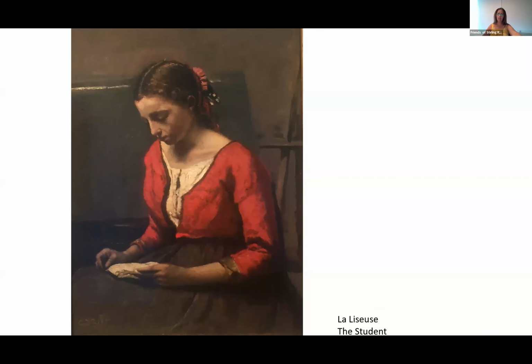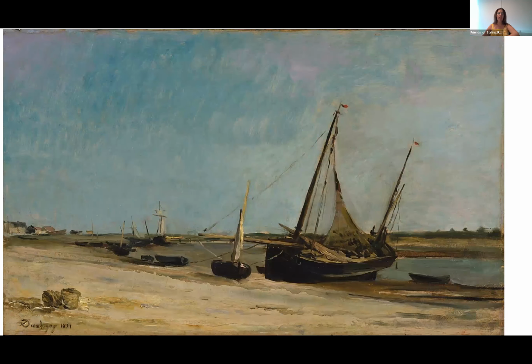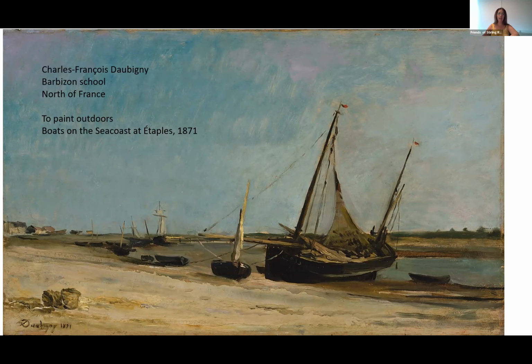of his uncle. Also, we're going to see that artists like Cogniet are going to be focused on everyday life paintings, like the students. She is dressed in this Italian style, the contrasting colors that he chooses as well. This is one of the artists who are going to be admired by the Impressionists, the same as artists like Boudin and Daubigny. This painting by Daubigny, because he was also part of the Barbizon School, shows you how they